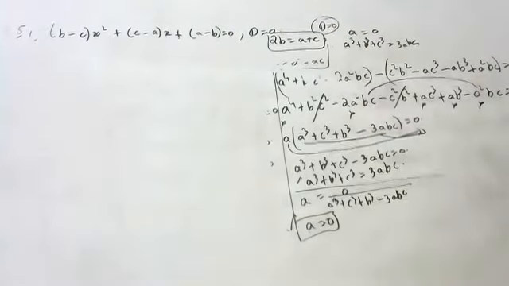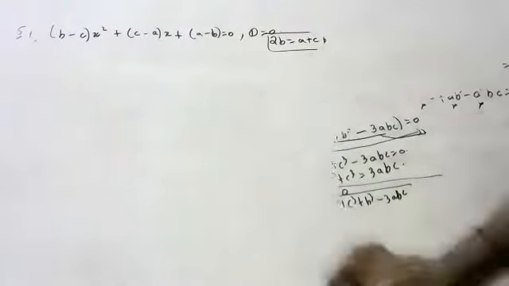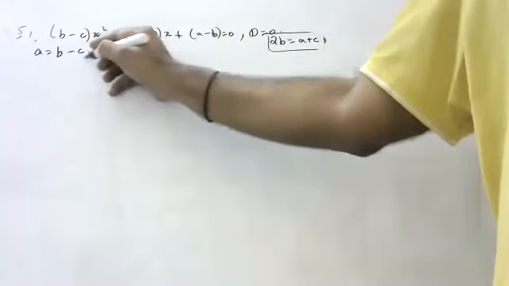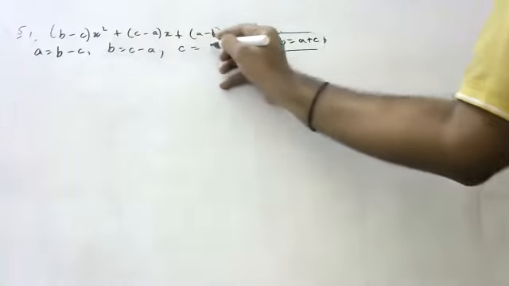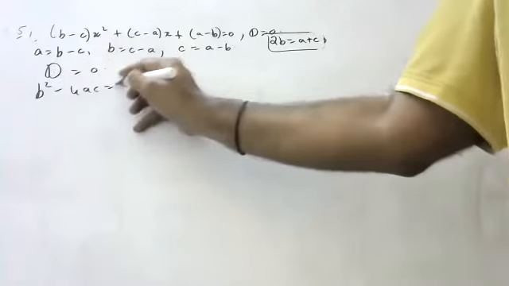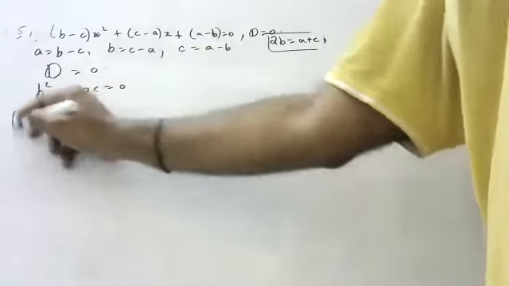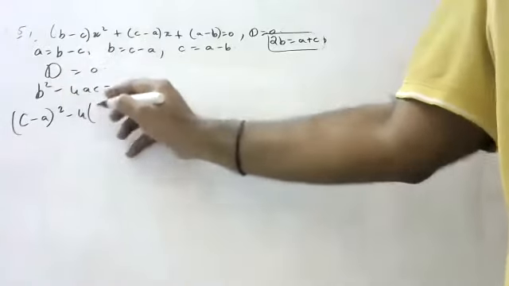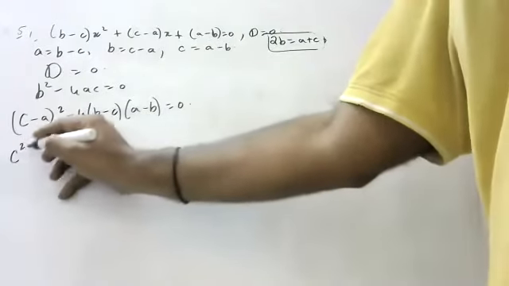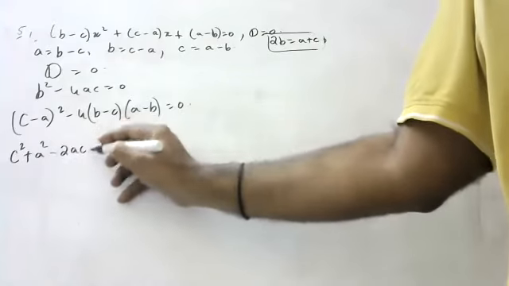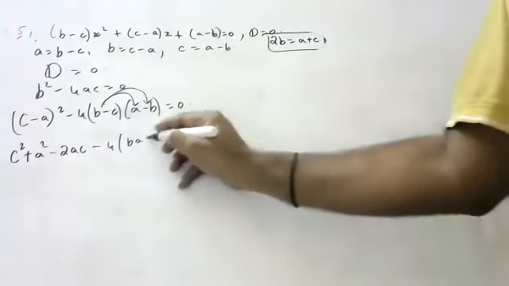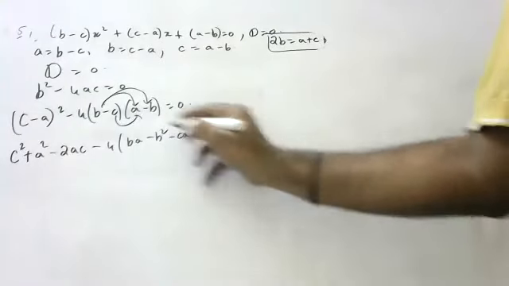Anyone wants to start the sum? What is ABC? A is equal to B minus C, B is equal to C minus A, C is equal to A minus B. Okay. D is equal to 0, D is B square minus 4AC is equal to 0. Okay. C minus A whole square minus 4 into B minus C into A minus B is equal to 0. Expand. C square plus A square minus 2CA minus 4 into BA minus B square minus CA plus CB